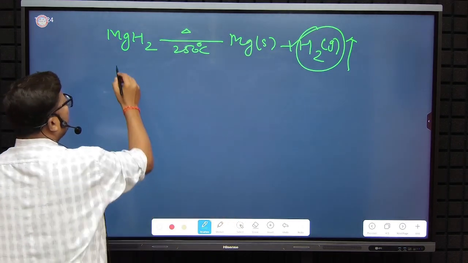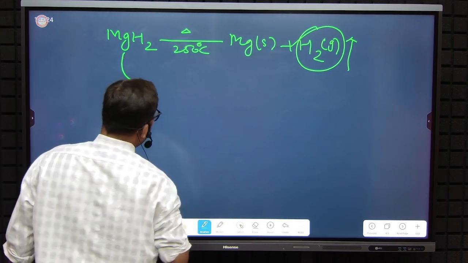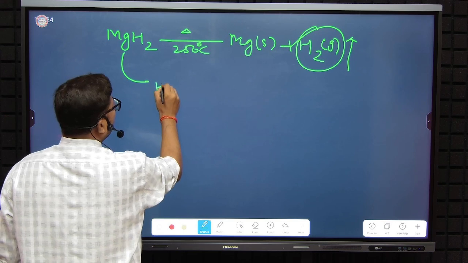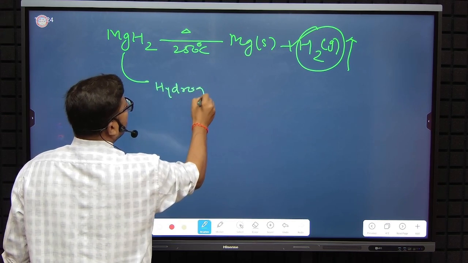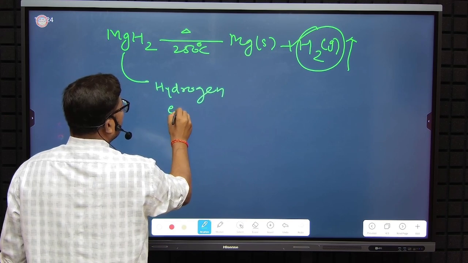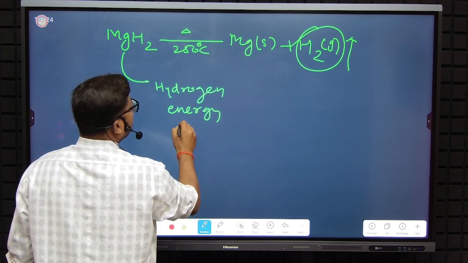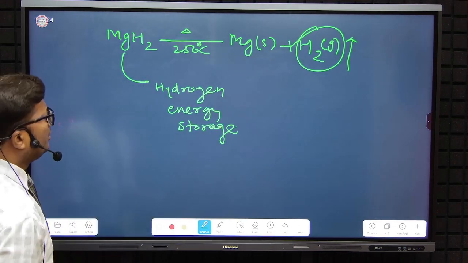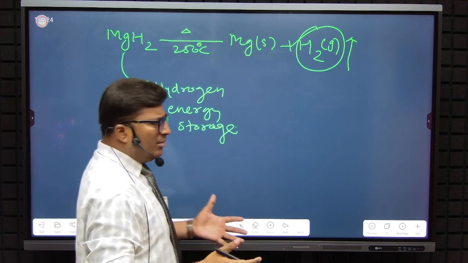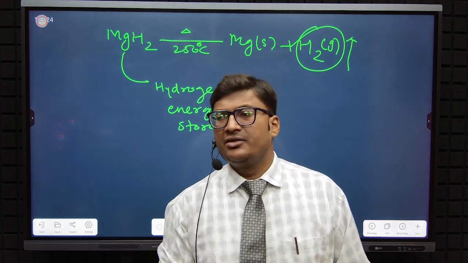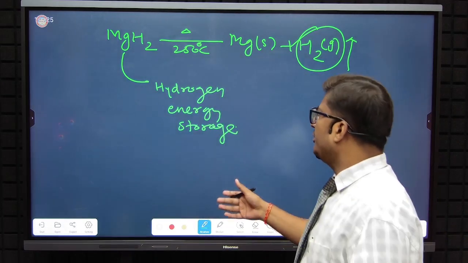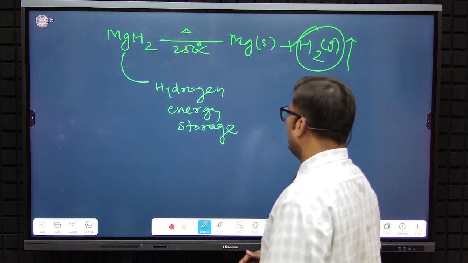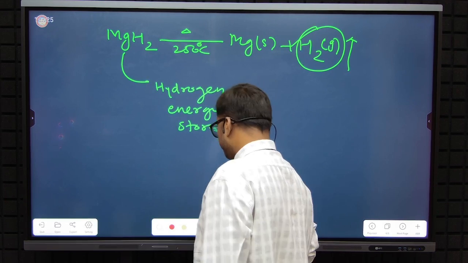You can simply say these hydrides are hydrogen energy storage, right? So this is the implication of the hydrides in research and innovation technologies. That is why alkaline earth metal hydrides are important,